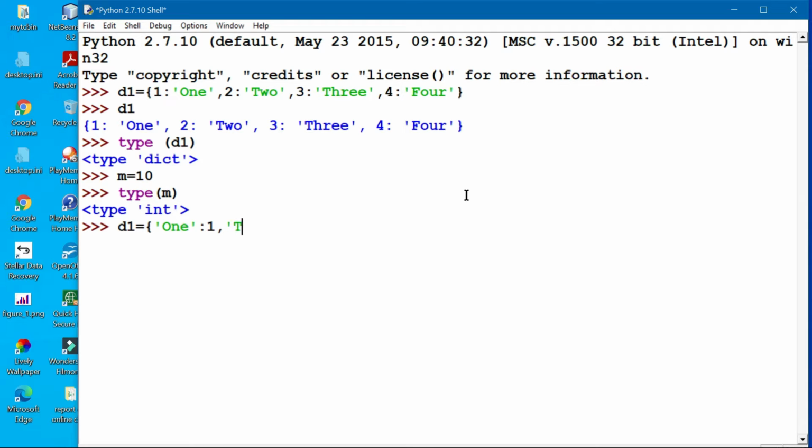Then 2 out here, then 2 out here. Okay, this is a string and integer combination. Then I'm writing 3 out here and then it is 3. Then I'm writing 4 out here. Then here it is 4. Fine. Then here it is 5 out here, and then it is 5.